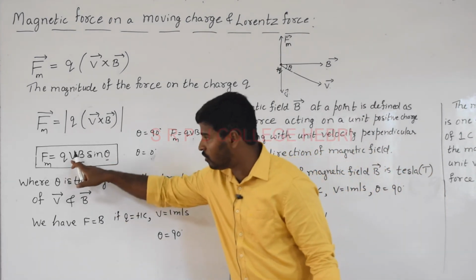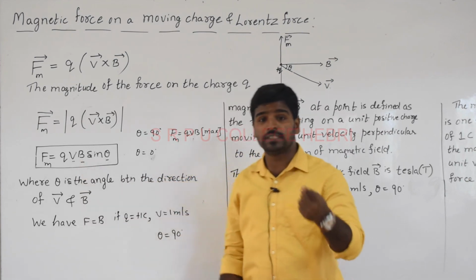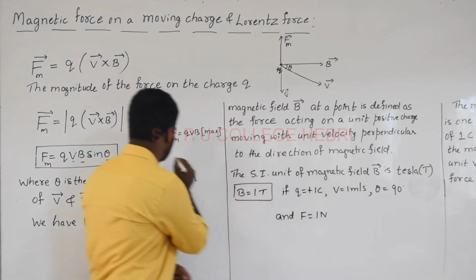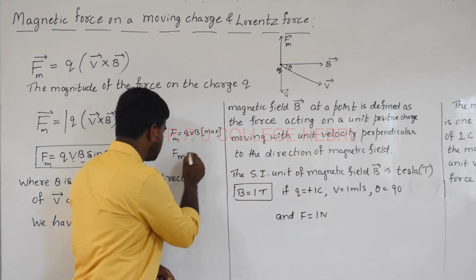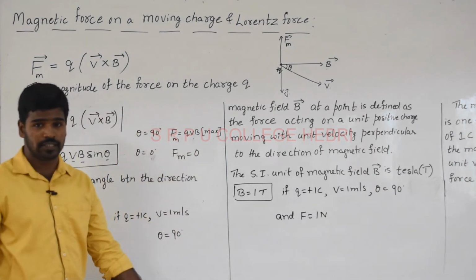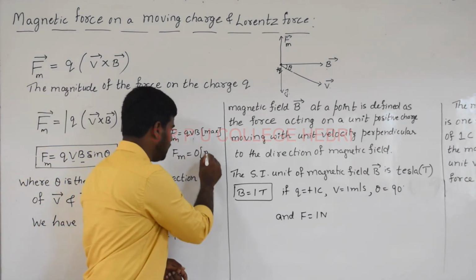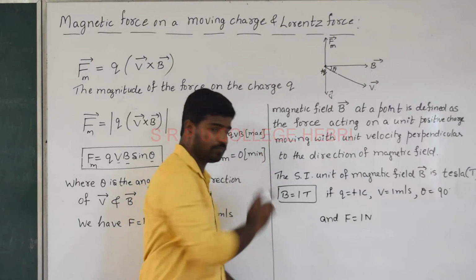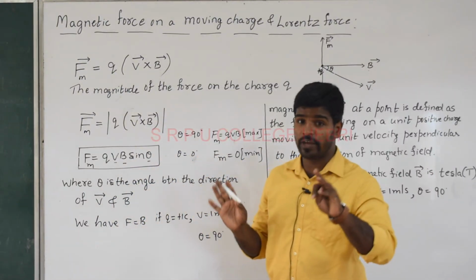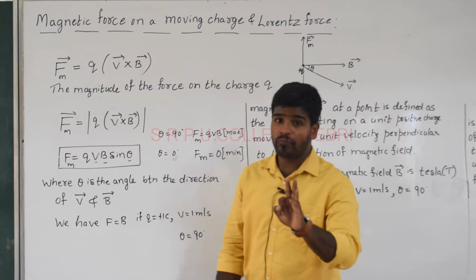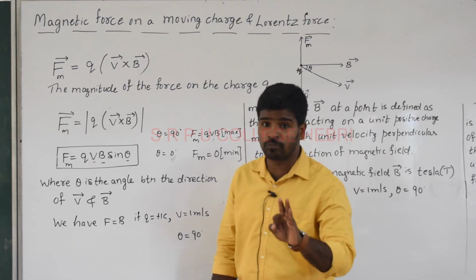Therefore Fm is equal to QVB sin 0, which will be 0. Therefore the force experienced by the unit positive charge in a uniform magnetic field is 0. This condition is taken as minimum. Children, is it clear? Therefore the very important 3-mark question: write the expression for magnetic force on a moving charge